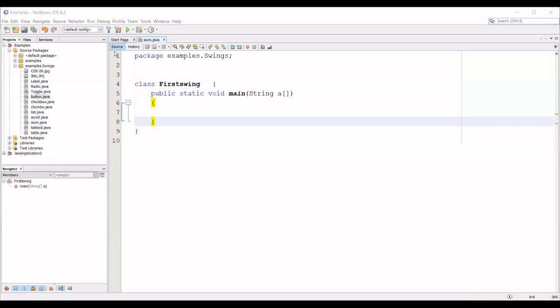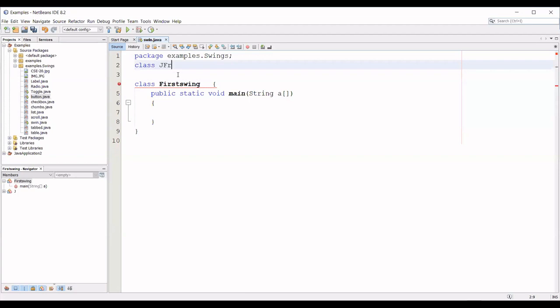So now, JFrame, JWindow, JDialog, JApplet, all are classes. Imagine that you have a class called JFrame, just an example I'm saying.